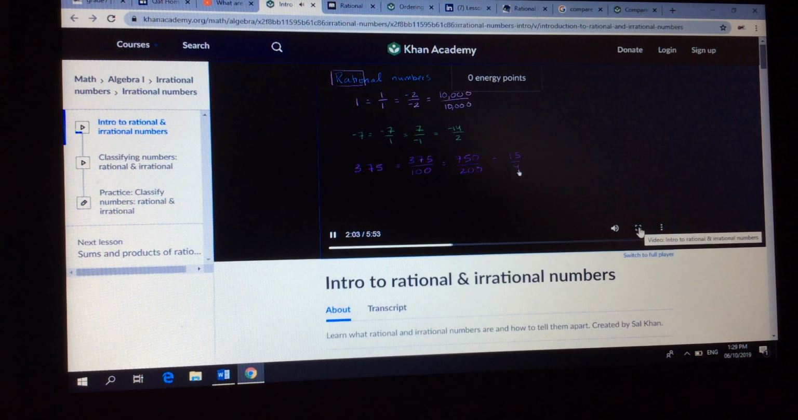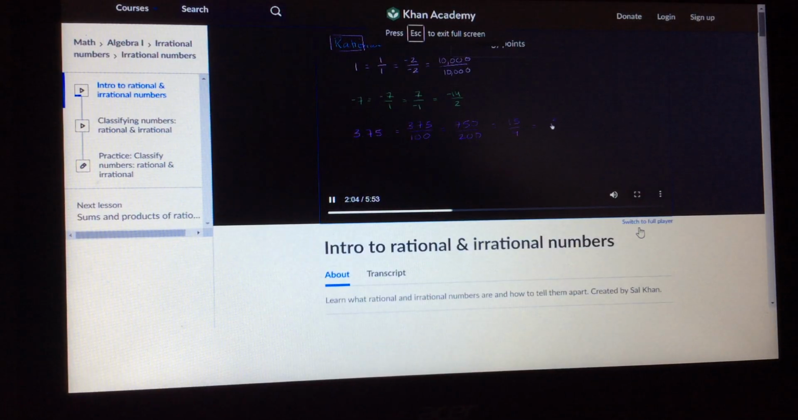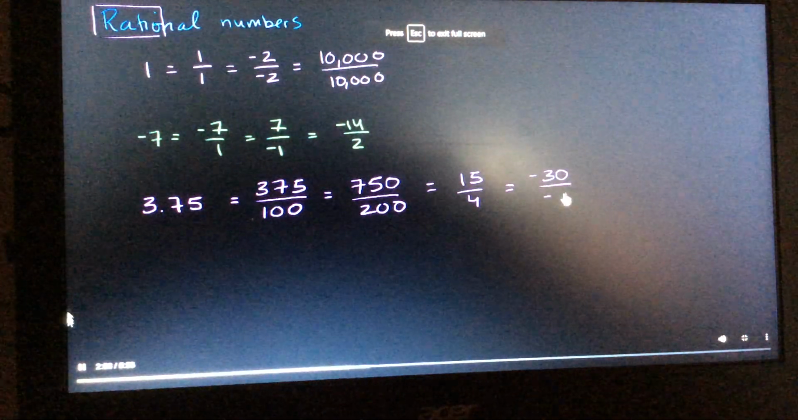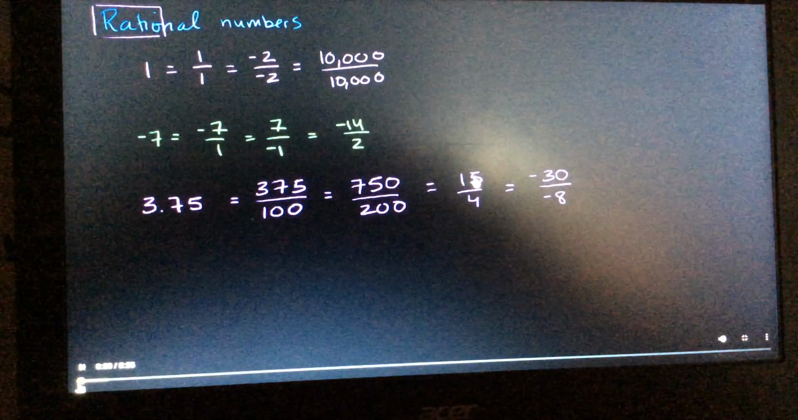As 15 over 4, or we could write this as negative 30 over negative 8. I just multiplied. So let's talk a little bit about rational